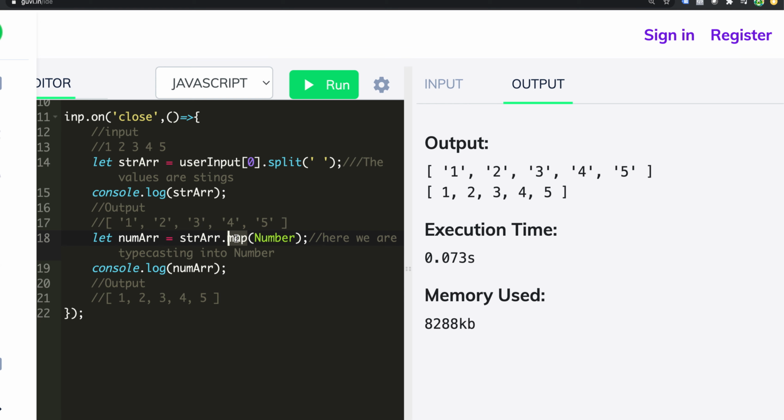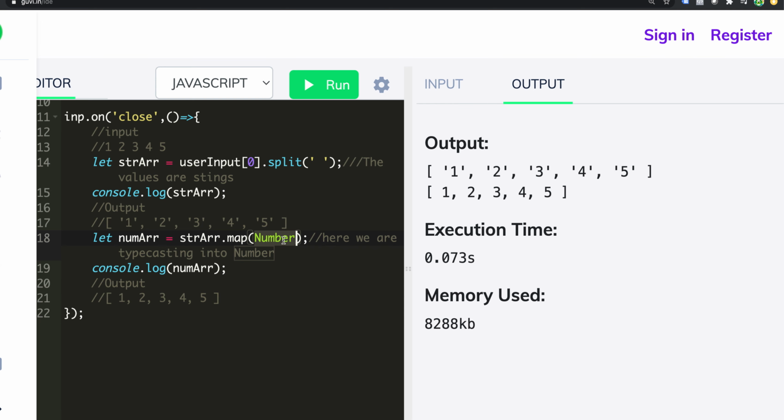Okay, so it is an array method. And what we are saying is, convert every element in that array, which is this array, into a number. This is called typecasting. You convert from one type, which is a string type, to a number type. One thing you need to remember is JavaScript has types. You don't need to tell it, it will infer it.